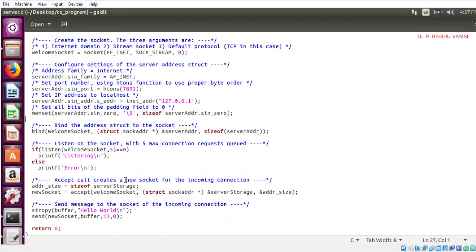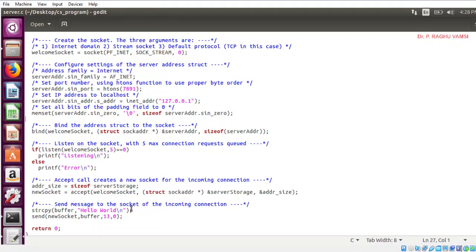Next one is accept, which creates a new socket for the incoming connection. Whatever new request comes, a new connection has to be established for it. So address_size is equal to sizeof server storage, and new socket is equal to accept of welcome socket, address_size.